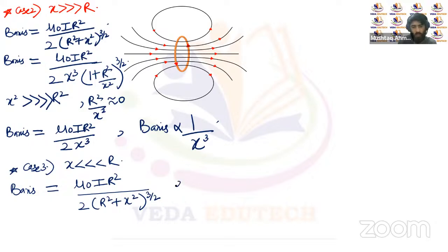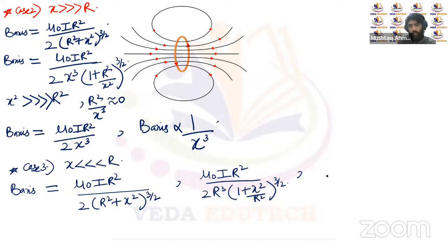So we'll just take r square as common for this equation. If we take r square as common, we'll get here 2r cube times 1 plus x square upon r square raised to power 3 by 2. Now we can neglect this term, x square upon r square, with respect to 1. So we'll be left with only 1. So it will be almost approximated to,